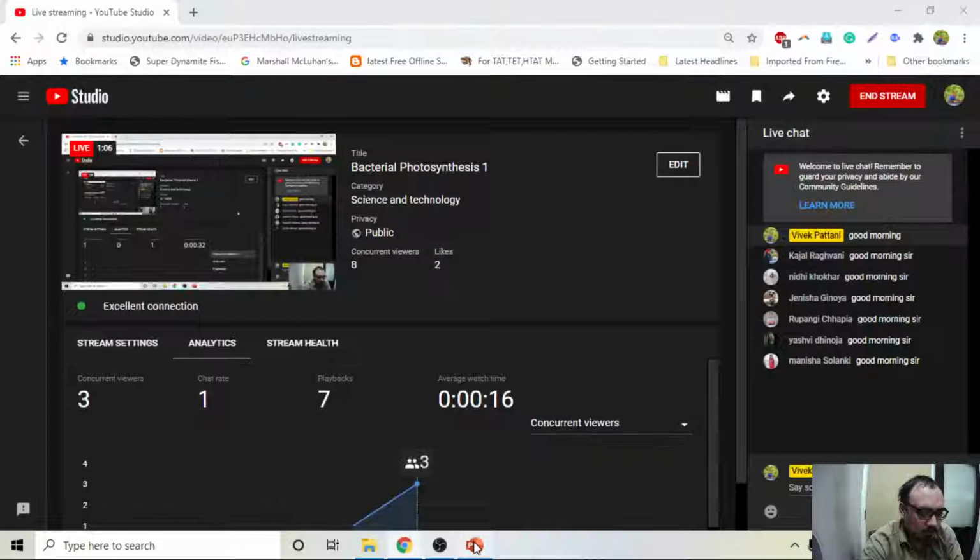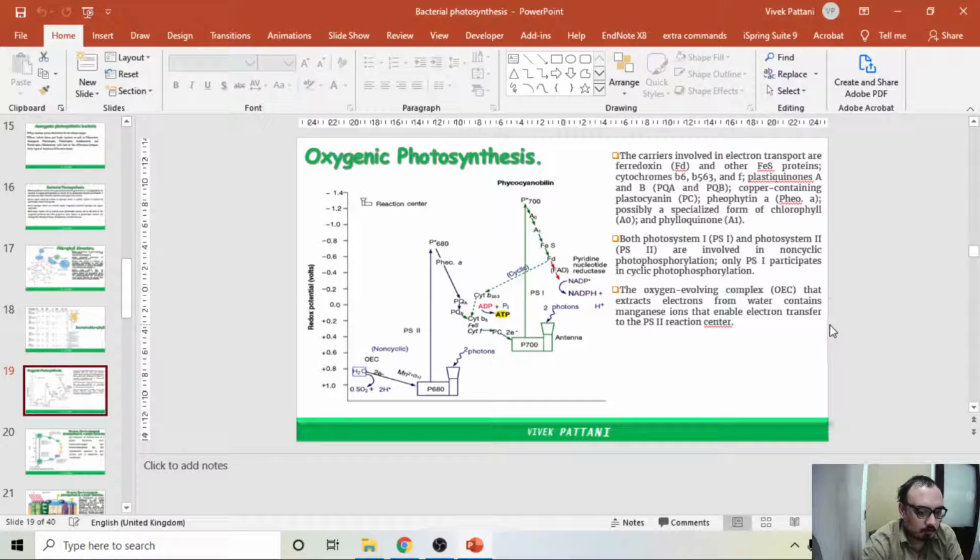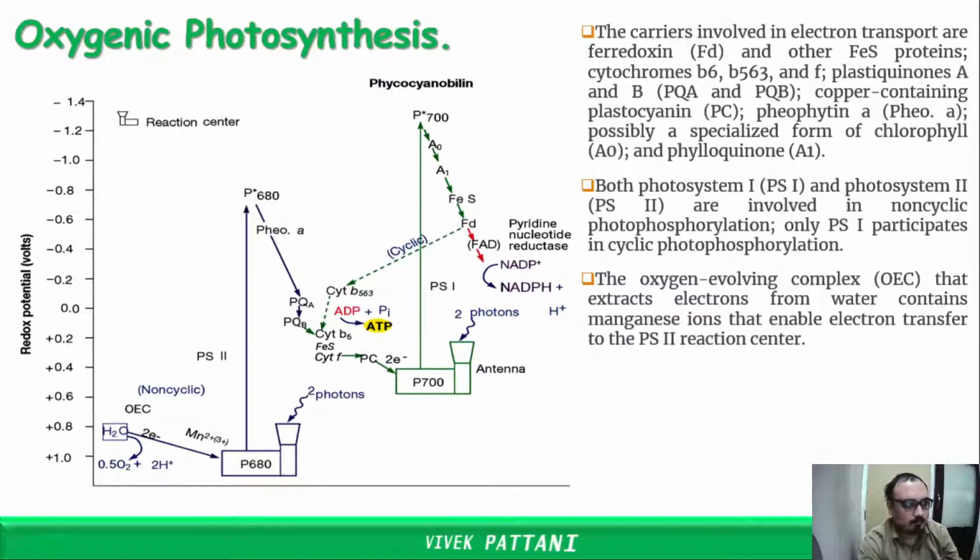Okay, good morning, students. I'm going to continue the lecture on oxygenic photosynthesis. As we discussed earlier regarding the pigments of photosynthesis, pigments such as bacteriochlorophyll A are among the common ones found during photosynthesis, especially oxygenic photosynthesis. So, given in the diagram here,